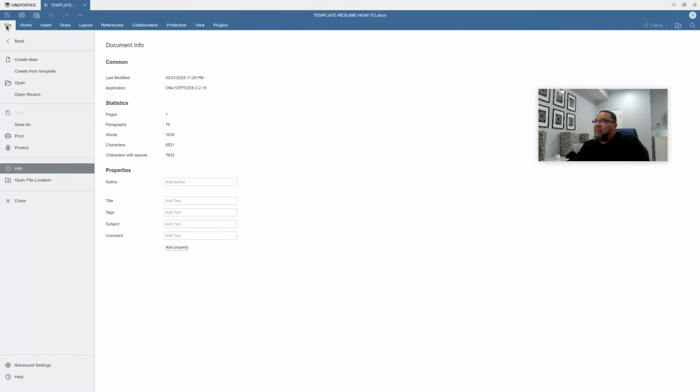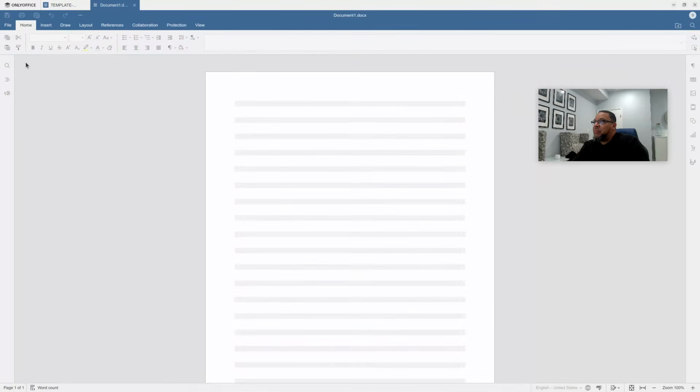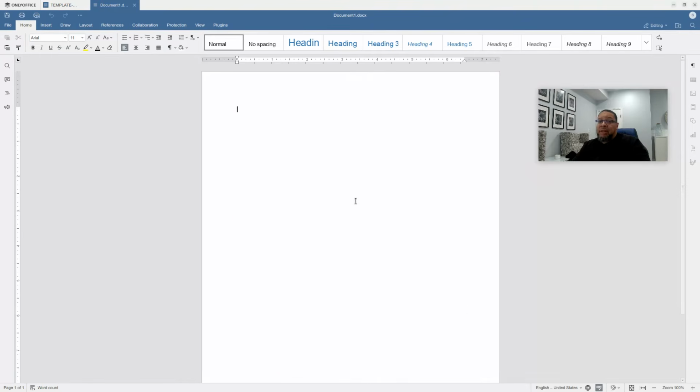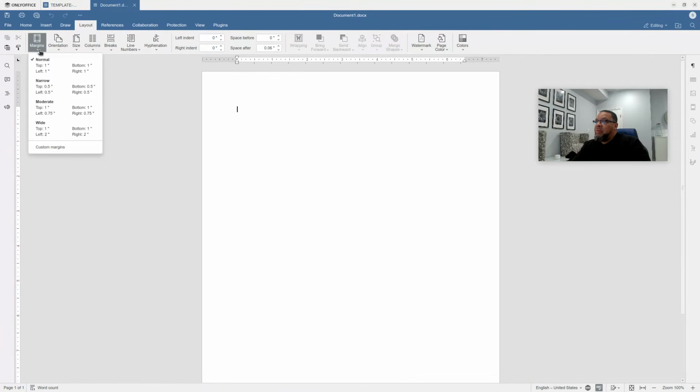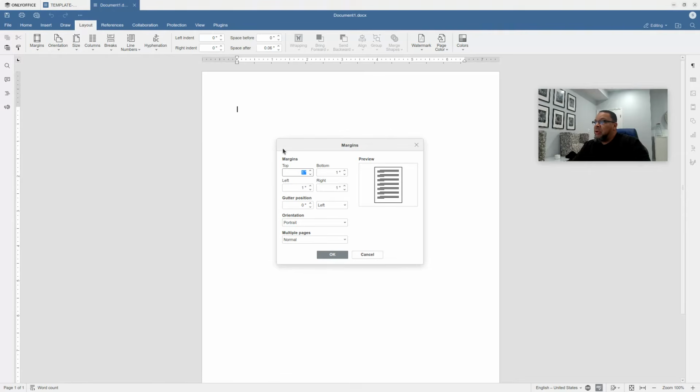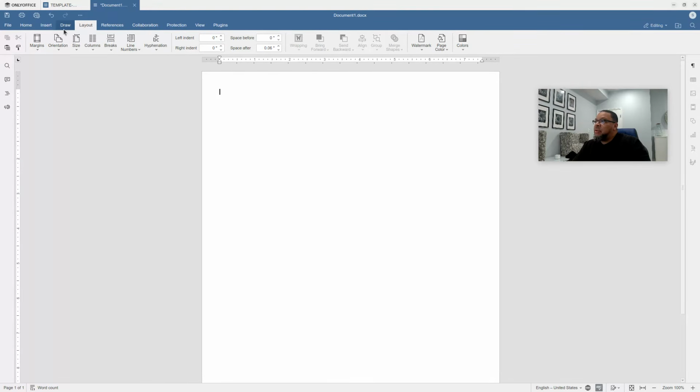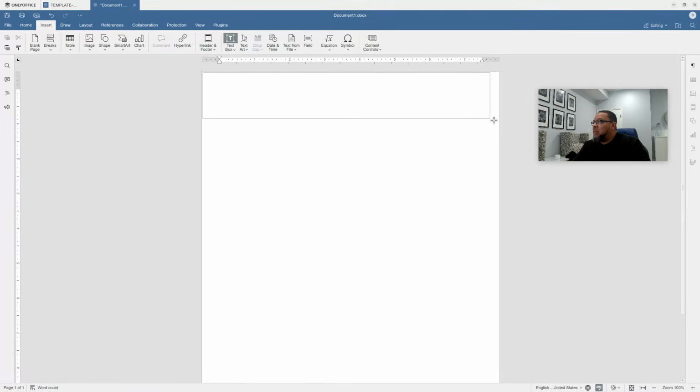So let me just click on File, Create New. And all I did, in any software, you can do this, right? Go to Layout, Margins. You can do custom margins. You can make it 0.5, right? Top, bottom 0.5, left 0.5, right 0.5. Now, insert your text box, all right? So, all the way at the top,